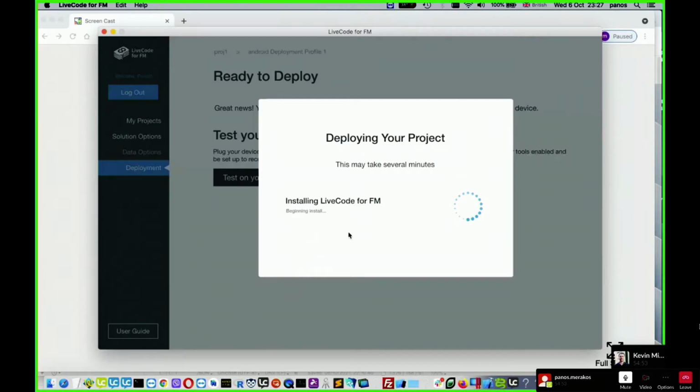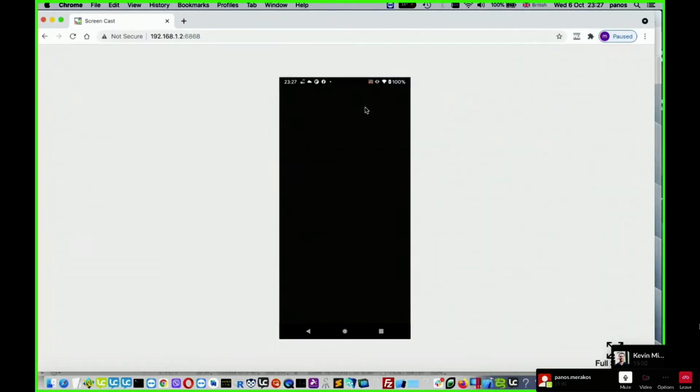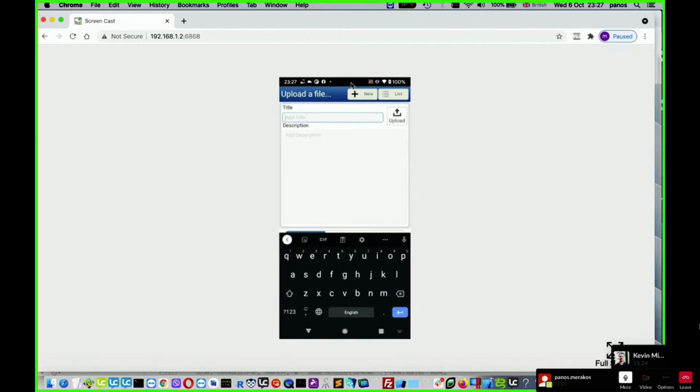And now LiveCode for FM is installing the app on my device, and it's going to launch it. And let me share my device. So now you see that the solution that was created yesterday is very quickly converted to a native Android app and installed on your device. And let me play and let me create a new record. I'm not sure if you can see where I tap, but let's give a title. Let's say test image,